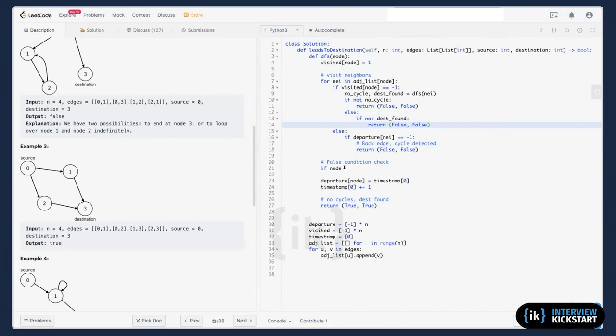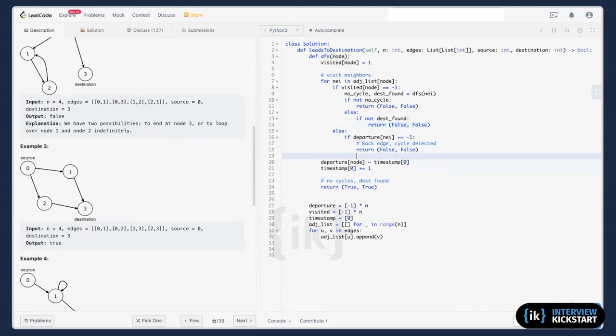Okay, alright, and then I come here. I think that's it, isn't it? No. So if it is not found, it is no cycle, but we haven't found this guy.